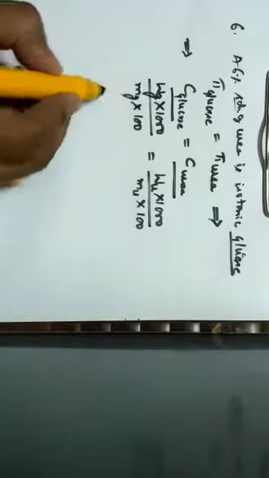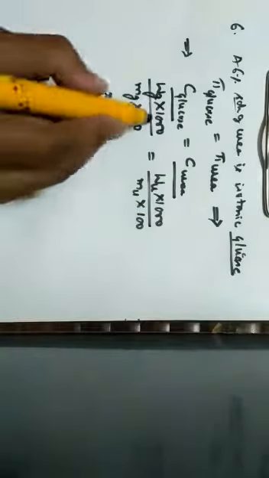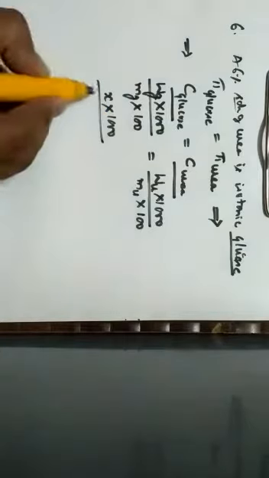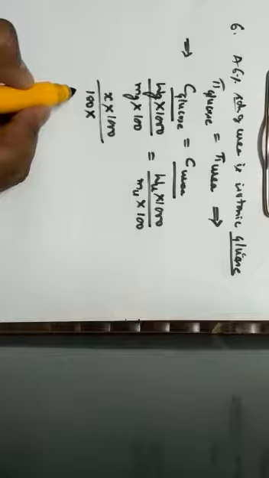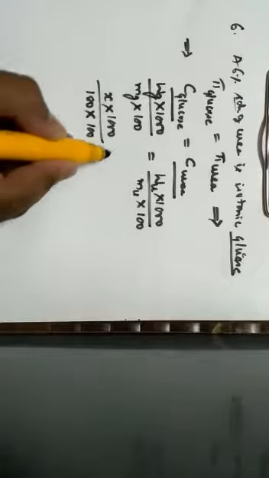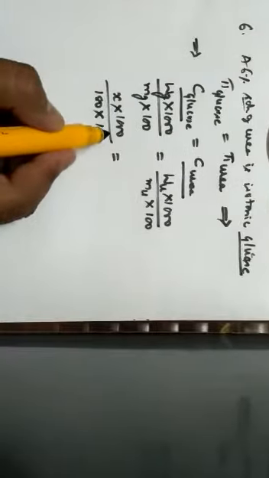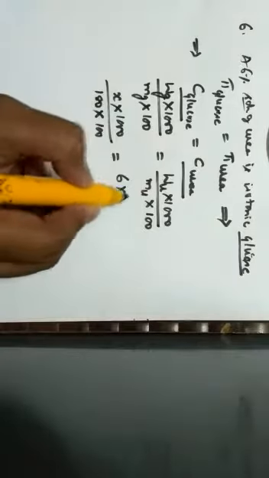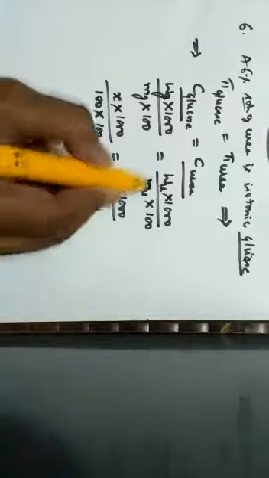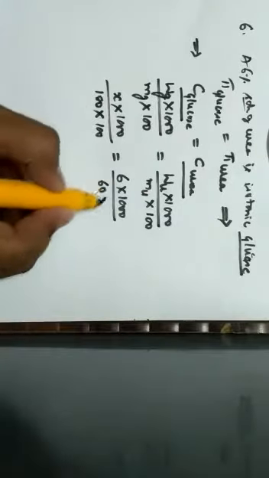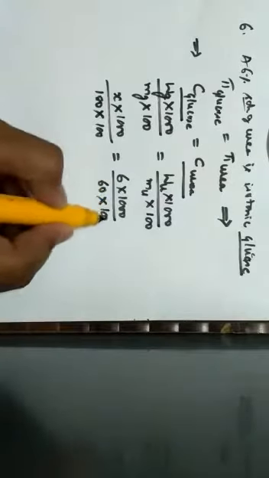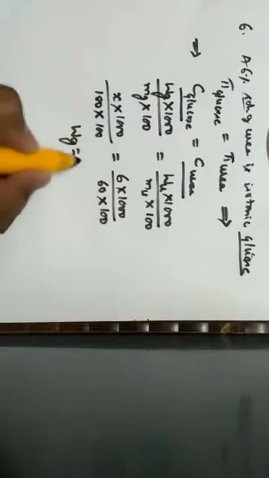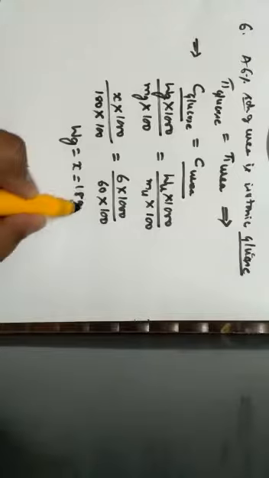The mass of glucose I don't know, so I'll take it as x, into 1000, which is a standard. Mg is the molecular mass of glucose. I know the molecular mass of glucose is 180, into 100, because we have to calculate in terms of its percentage composition. Here it has been given that 6% of urea, hence the mass of urea is 6 grams, into 1000 divided by the molecular mass of urea, which is how much? 60 into 100. When I solve the equation for x, that is the mass of glucose, x is equal to 18 grams.